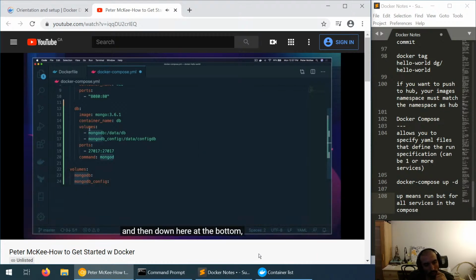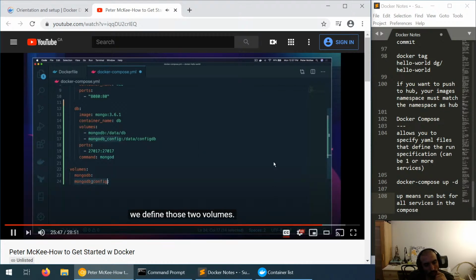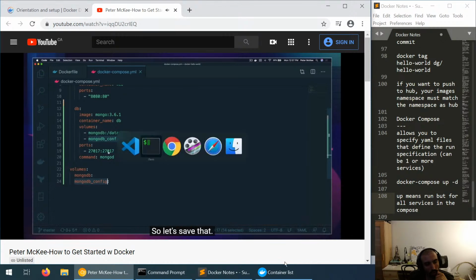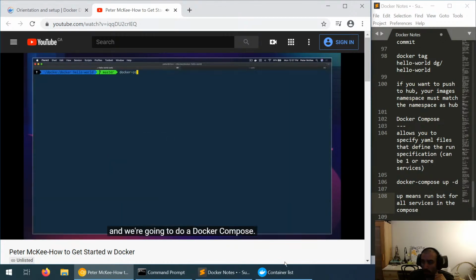At the bottom, we define those two volumes. Oh, okay. So he's got volumes here, and then the other one here. Okay. Let's give them named volumes. Docker will manage the volumes, the storage, everything for us. So let's save that. Let's come back over here, and we're going to do a docker compose